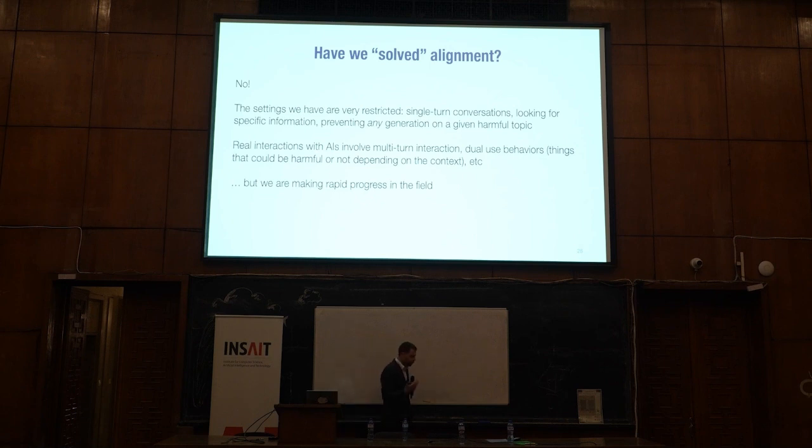The reality is, real AI security is much more subtle than this. There are multi-turn conversations. There are things that in some cases are fine to do, that you want to do, but in the wrong context are bad to do. Imagine an assistant that can send an email to fire one of your colleagues or an associate of yours. Sometimes that's probably okay for an assistant to do. You want that behavior, but in the wrong circumstance, you definitely don't want that behavior. So real AI security and real AI safety is much more nuanced.